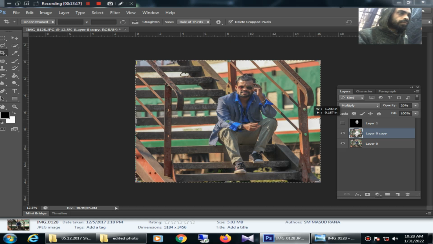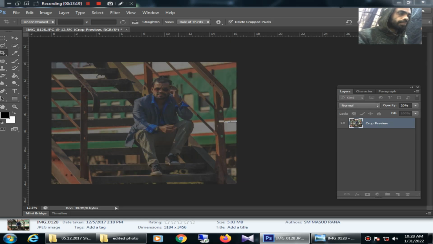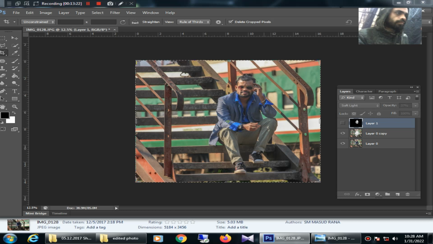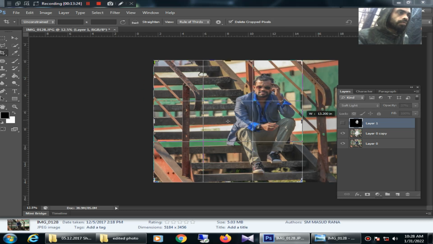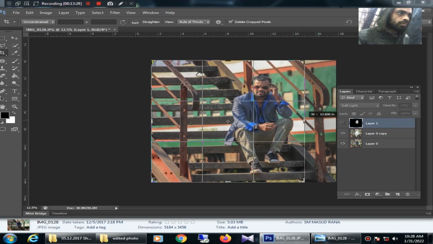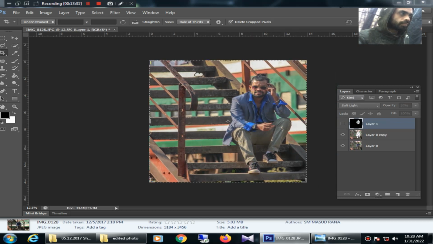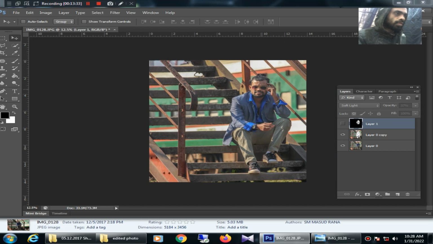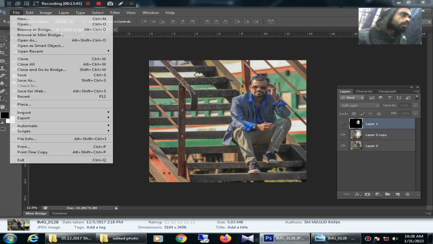You may go for this edition, sorry, you may go for this frame also. This frame is also correct, like this. It's not a problem, as he is looking here and I have kept some space right here. This also works fine. So I have shown you how to save this image, and